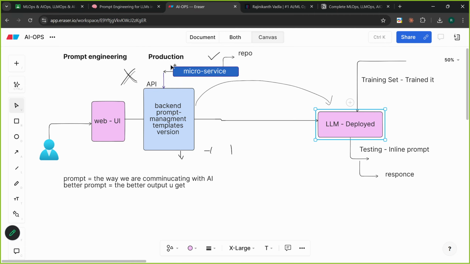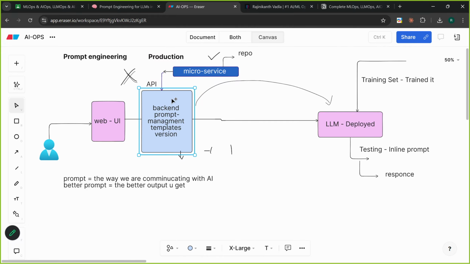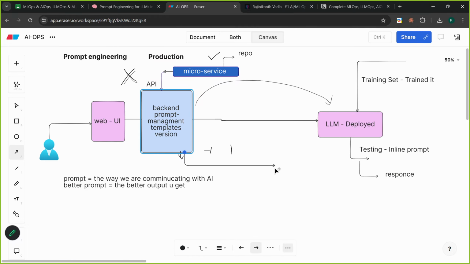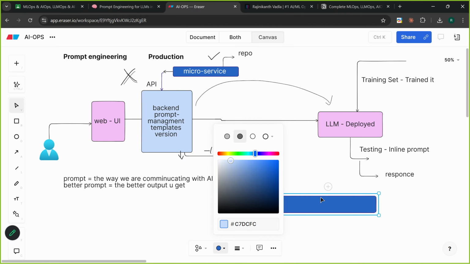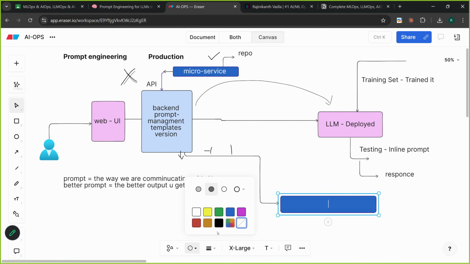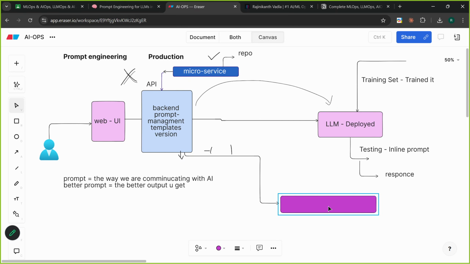That's where this backend API, this backend service, comes in. So this prompt management will not be in the UI or in the LLM. This is a separate layer here, and we will monitor from this section how it is going. We have some tools as well for monitoring purposes,